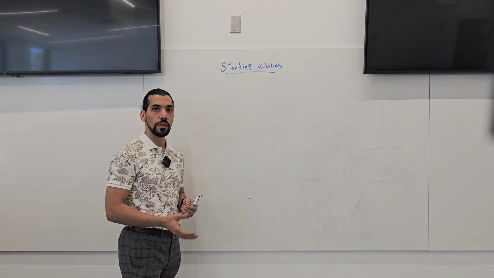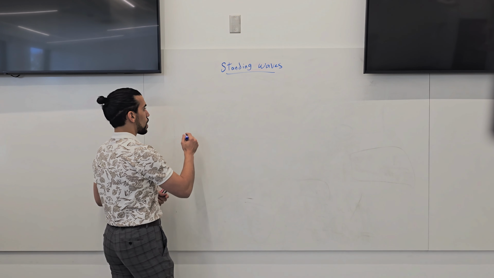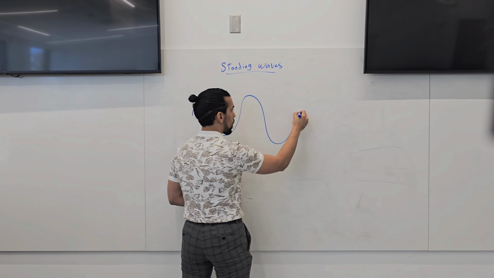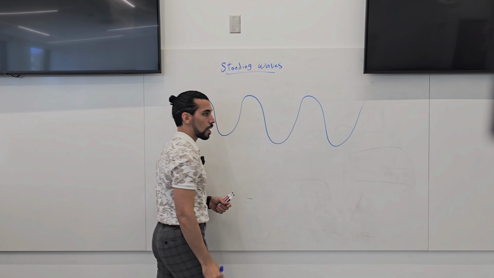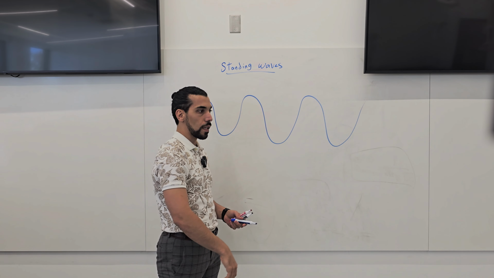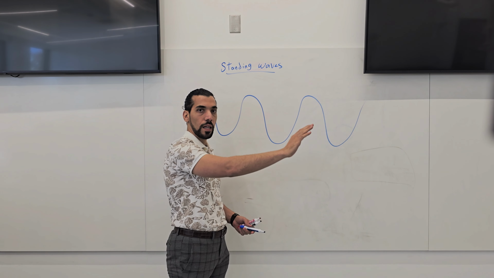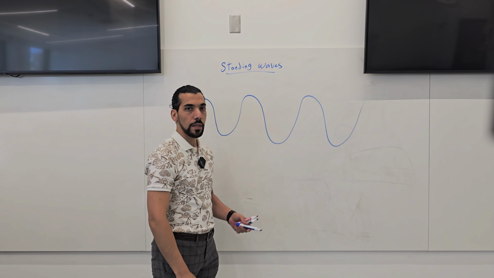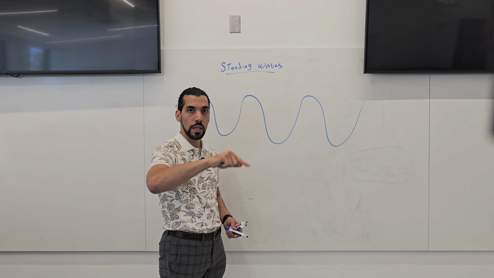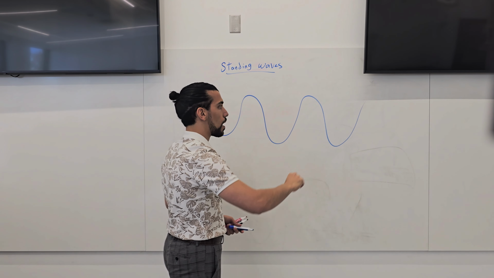And to know what a standing wave is, let's go a little bit back to understand what a transverse wave is. Basically, a transverse wave is something like a sine wave that travels in space. Something like when you have a rope in your hand and you start to shake the rope like this, then you are creating some vibration in the rope and the rope starts to wave like a sine wave. Or for example, when you throw a piece of stone inside the water and you start to see this kind of wave in the water, this is kind of a transverse wave